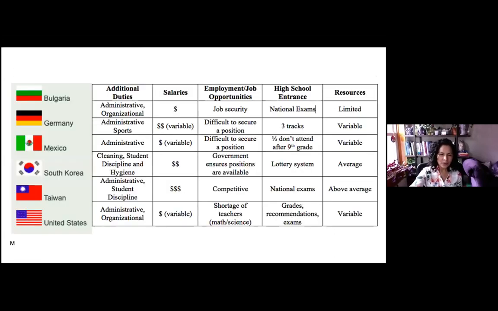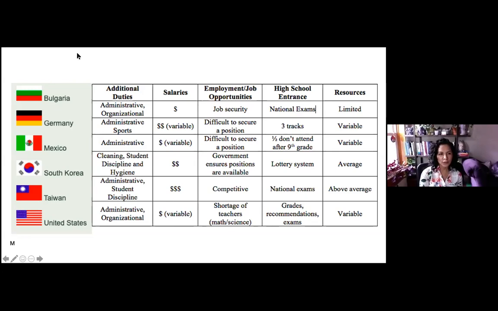So, across the 6 countries, we see some trends. For example, teacher responsibilities usually transcend academic responsibilities. Although, if you see here on the left-hand side, the additional duties are quite varied. For the most part, we also see that the teaching profession is highly regarded, despite some pretty profound differences in salaries or employment opportunities, as you can see here as well. Teachers spend countless hours performing many duties, most of the time actually unpaid. So let's briefly review the differences across these 6 different countries.